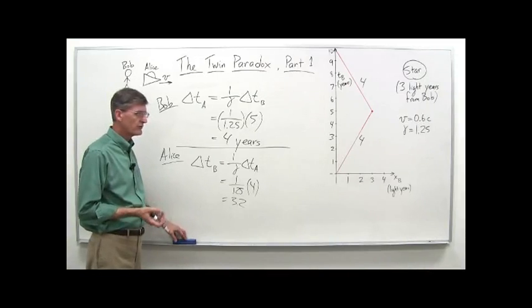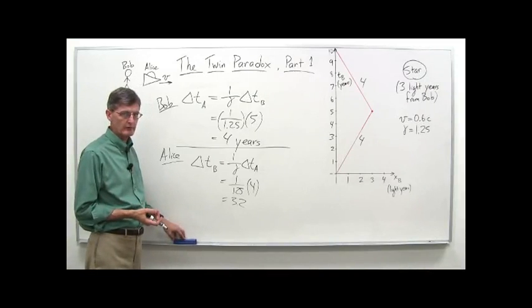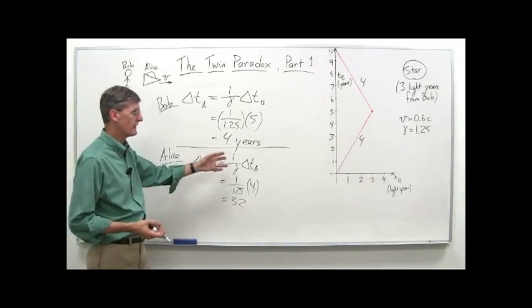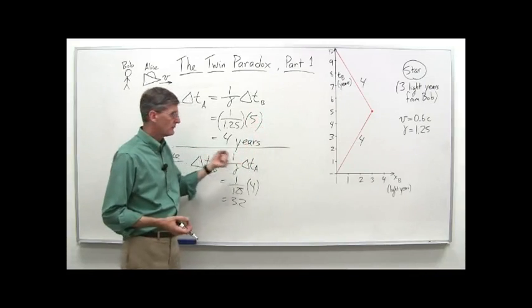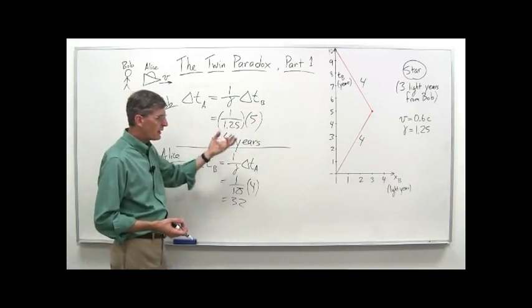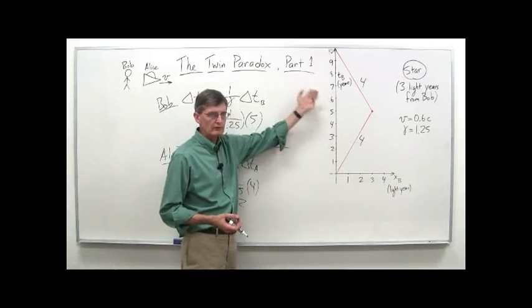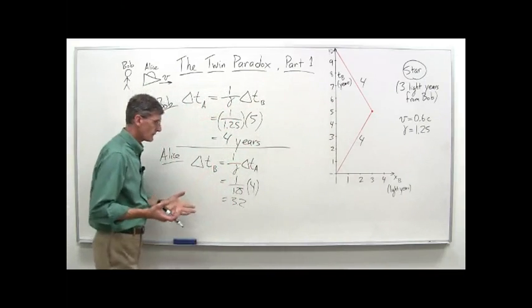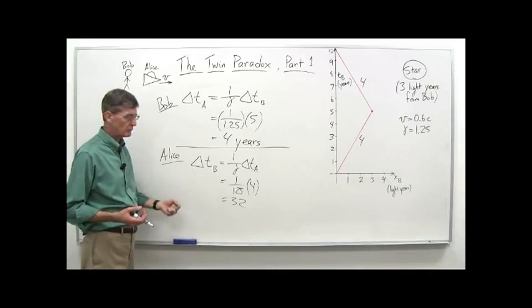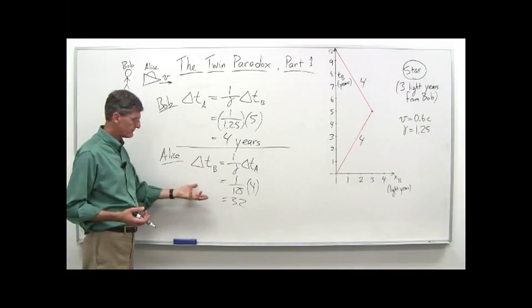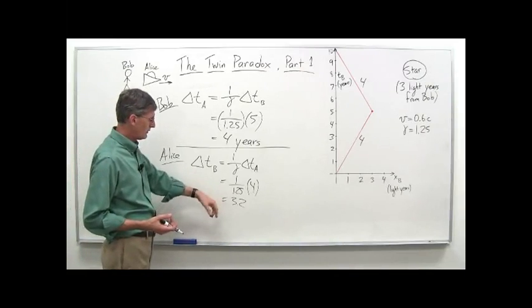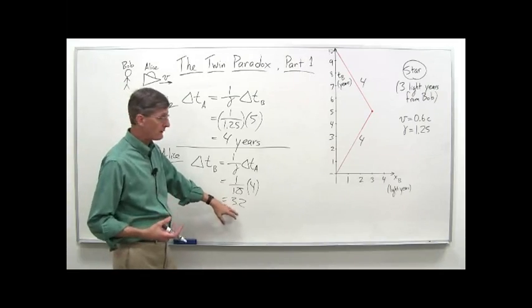And so this is where the real paradox comes in. I mean, part of the paradox is just in the idea of time dilation and all that, there might be a difference in times when they get back. But the real paradox is Bob can understand just from regular time dilation when Alice comes back that her clocks run more slowly. Yet Alice, though, can do the same analysis and say, well, if I observe Bob's clocks going